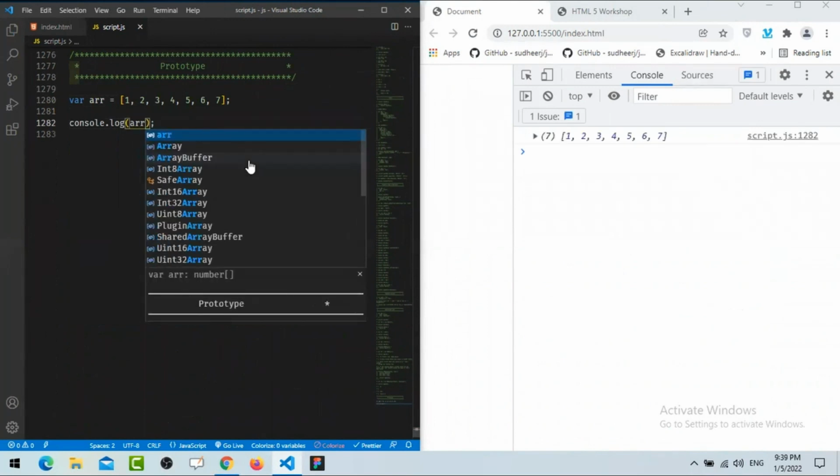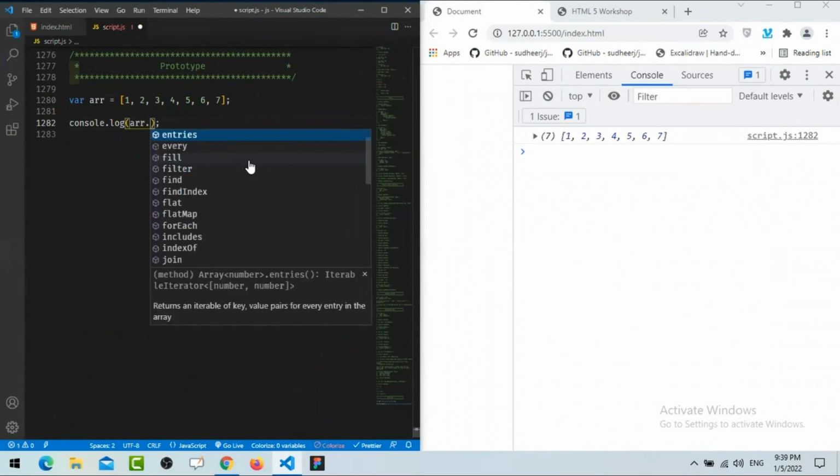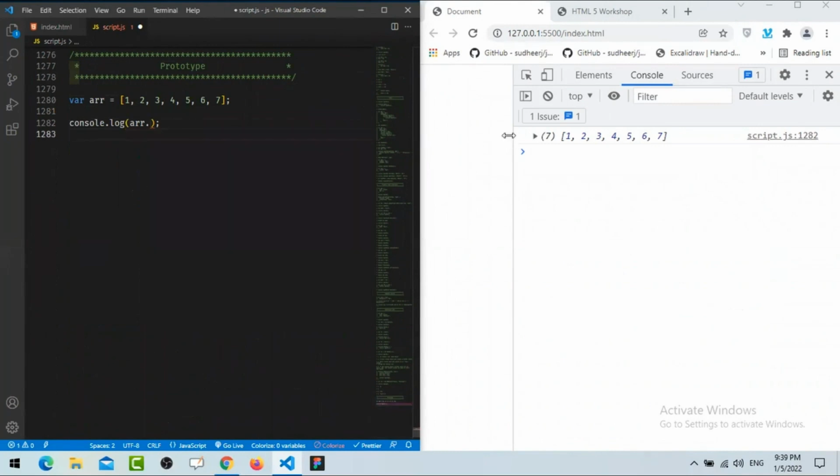I'm getting that array, isn't it? So when I'm writing array dot, as you know, an array is also an object. Array is also one object. So here we have this one as an object. So in the object, you can see here, we have this